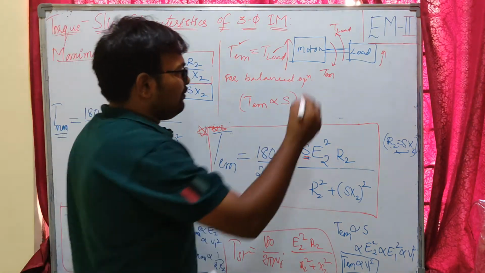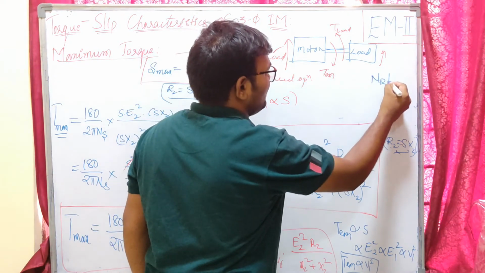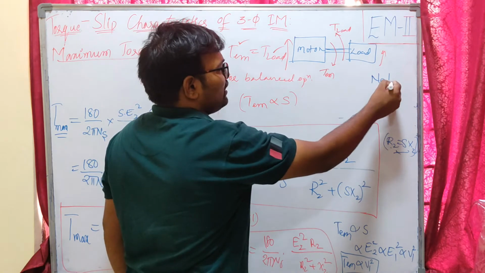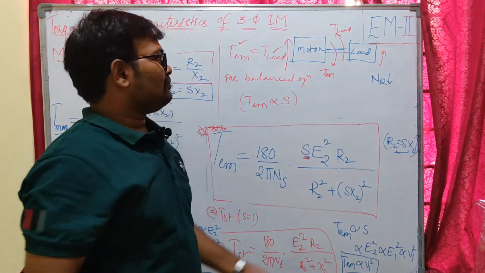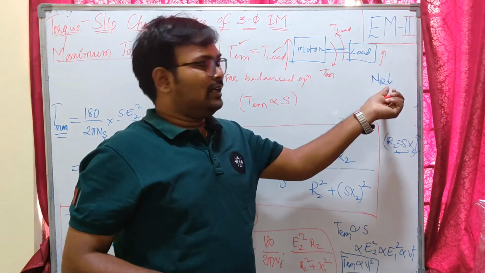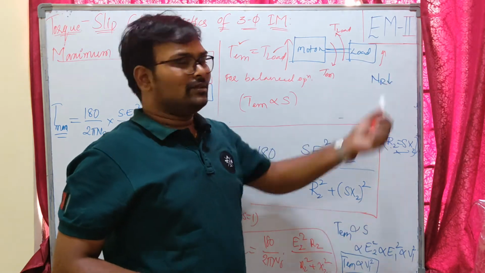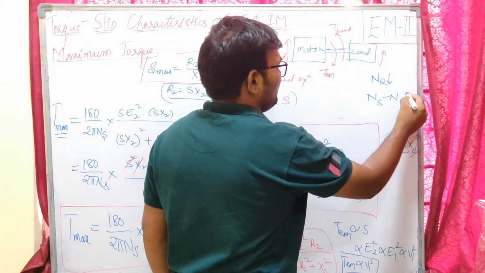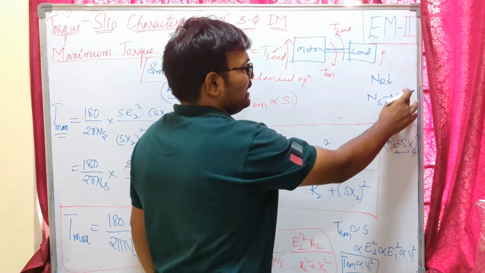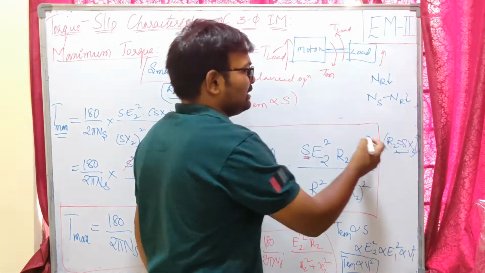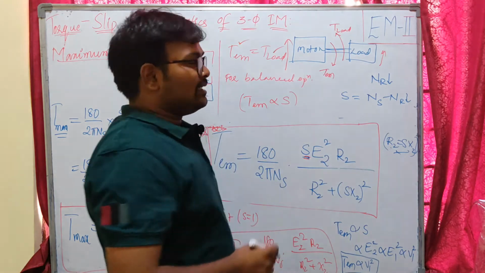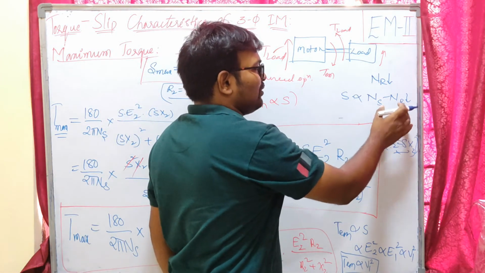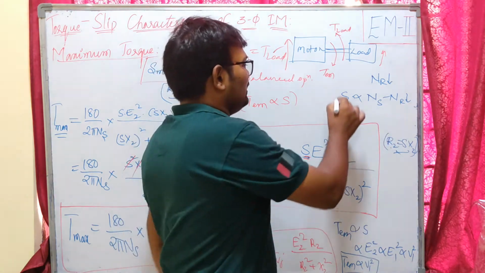Whenever my load increases, my rotor speed will decrease because of the load on the motor. Because the speed is reduced, what happens to the slip? Here our NR decreased, that means the rotor speed is decreased. What happens to the slip? Slip will increase. The difference between synchronous and rotor speed will increase, and that will increase the slip.